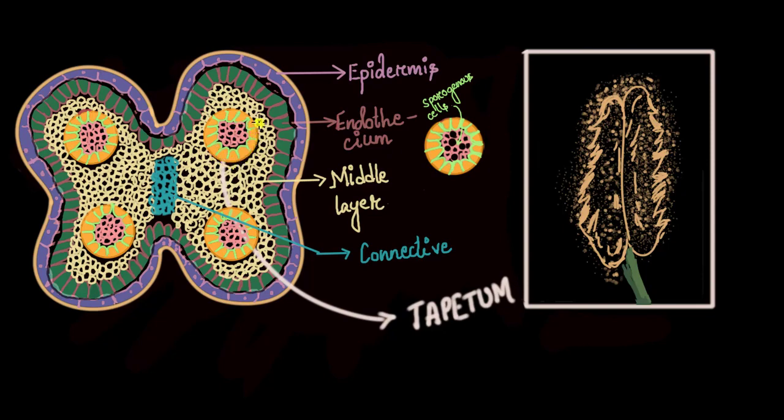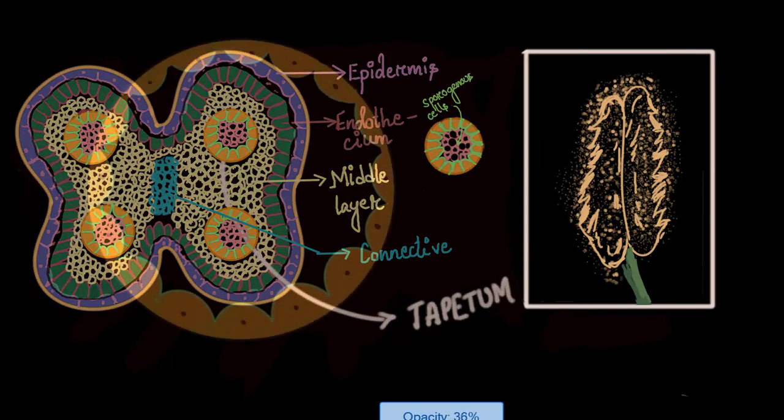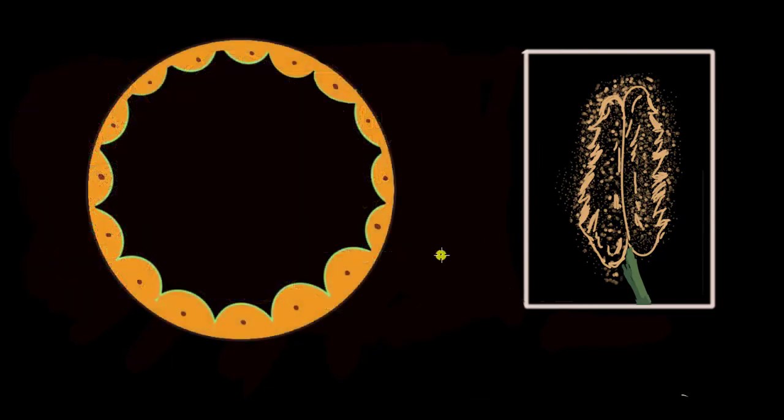So the tapetum layer and the pink cells that you see inside, which later form microspores. Let us enlarge that part now. So here it is. This is the tapetum layer. Let me write it down: this is tapetum. And why is it so important? Because the cells here are big, they have a lot of cytoplasm, and they provide nourishment to the cells that are growing inside. Along with that, it has many other functions,